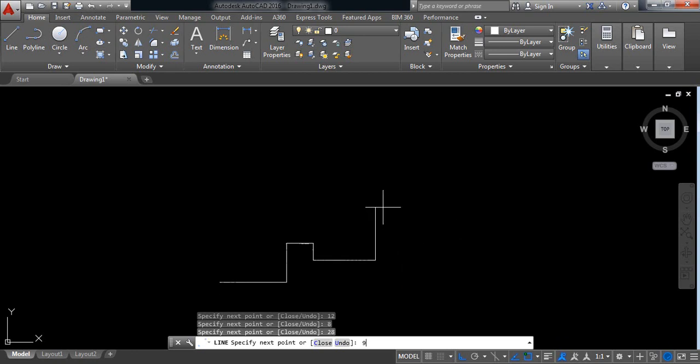Now vertical line 9 millimeter, now horizontal line 20 millimeter, vertical line 26 millimeter, now horizontal line 20 millimeter, now vertical line 9 millimeter, horizontal line now 28 millimeter, now vertical line 8 millimeter, horizontal line 12 millimeter, again vertical line 18 millimeter,